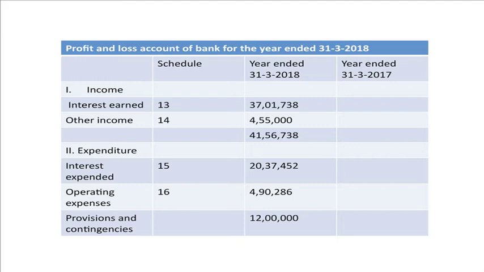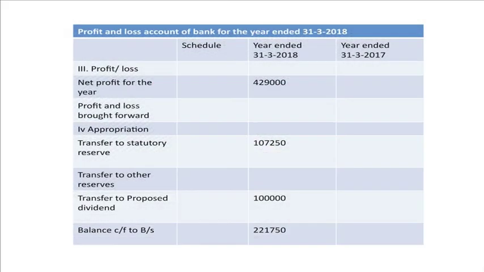Now, we come to provisions and contingencies. We have already prepared a working note for provisions and contingencies and prepared the provisions which were required for bad debts, taxation and other loans amounting to 12 lakh. We will insert that figure of 12 lakh in this P&L after schedules 13 to 16, and there will be no schedule assigned to provisions and contingencies. It will simply be reflected in the amount column of the current year. Then we will ascertain profit. The net profit for the year is coming as the difference between income minus expenses, that is schedule 13 plus schedule 14 minus the total of schedules 15 and 16 minus provisions and contingencies. So, it is coming as